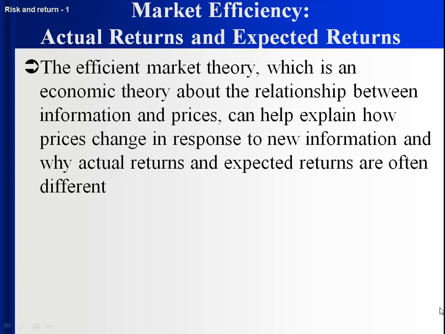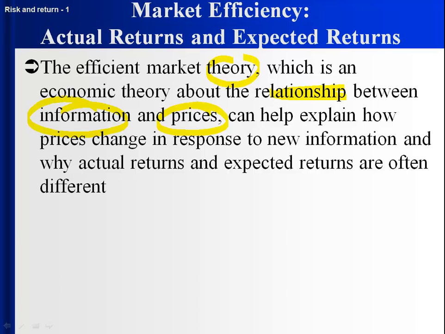The efficient market theory is a very important theory, and what it aims to capture is the relationship between information and prices. So, how is information reflected in prices? What happens when information changes? How do prices change? And the reason it's a very useful theory is because it can be used to help